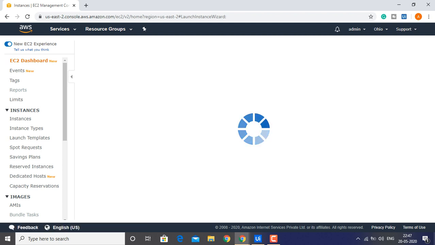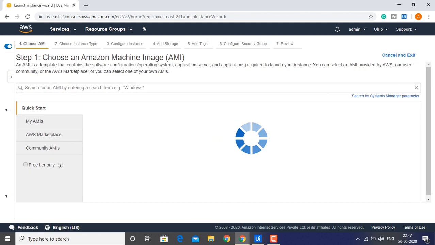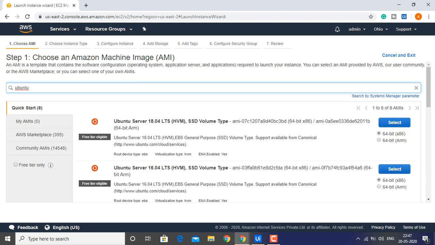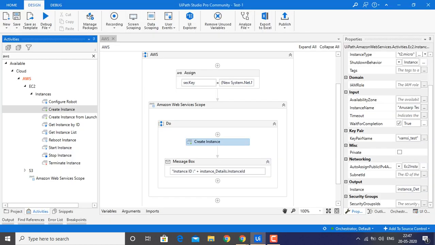Firstly, I have to copy the desired instance image ID. So right now I am selecting the Ubuntu image ID. This is a 32-bit type of service, and I will provide it here.